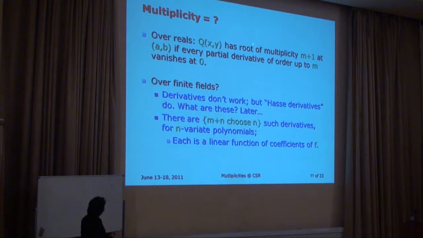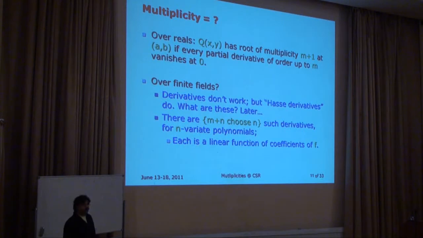Over finite fields, the thing that changes is the definition of a partial derivative. It is no longer the standard derivative, but something called a Hasse derivative. The reason this comes up is that if you're working over a field of characteristic 2, for example, and take the second derivative in the standard sense, it's always 0. Of any function, you take the second derivative, it will be 0. Hasse derivatives prevent this from happening. So these are somewhat nicer.